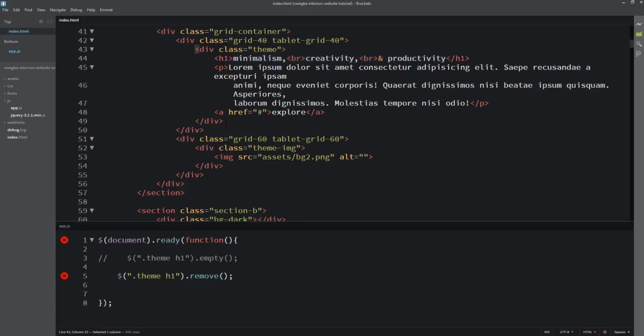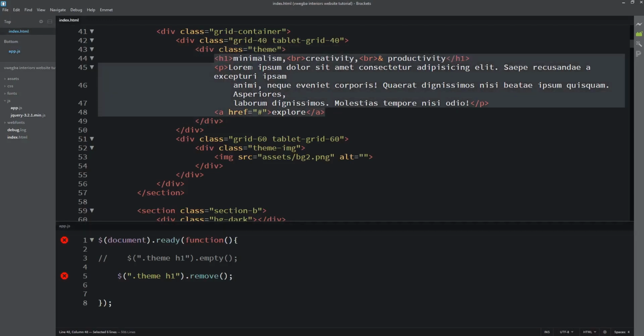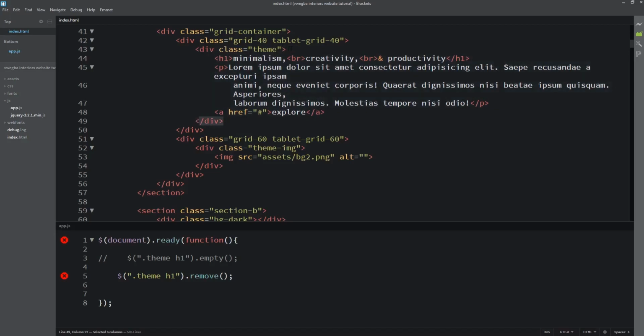When you call the empty method, it empties all the water inside the gallon, leaving only the gallon, which is the theme. But when you call the remove method, it throws the gallon away. It throws everything away. If you still don't understand it like this, anyhow, you get the scope.